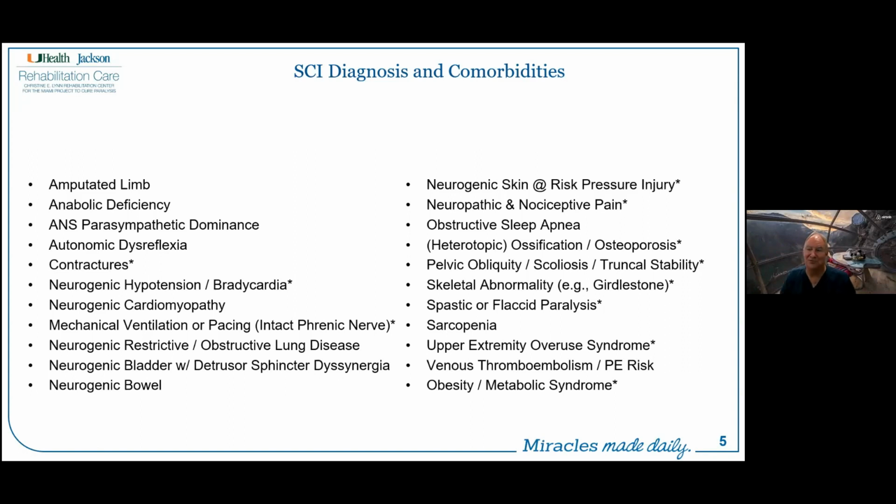I agree, Dr. Vivas. And it's so important, and as our residents and fellows rotate through, as our medical students rotate through, recognizing that it's not just, yes, motor paralysis, but it is typically at least 8 or 10 additional comorbidities associated with the spinal cord injury, and with high spinal cord injury, even more than that. And so it's not uncommon acutely, and then in our clinics as well, to see a person with spinal cord injury, no previous medical problems, now suddenly has 10, 12, 14 comorbidities that we're having to manage.